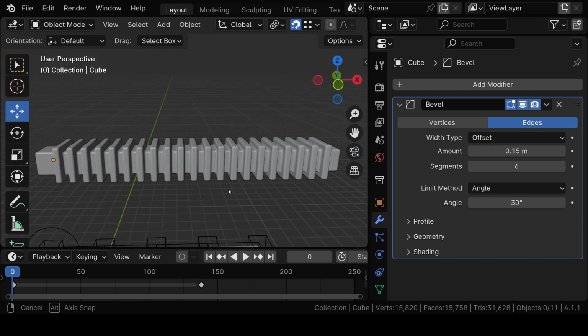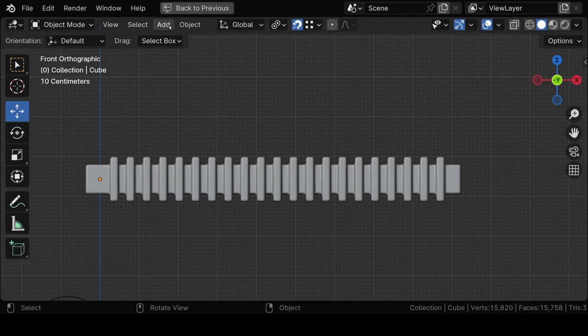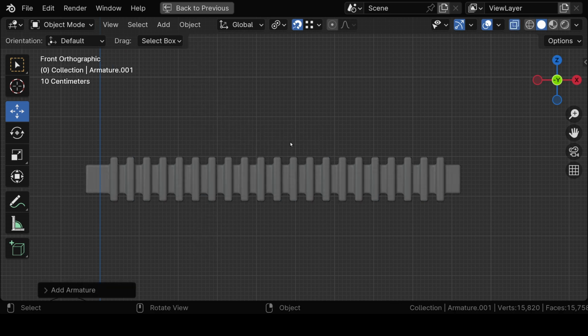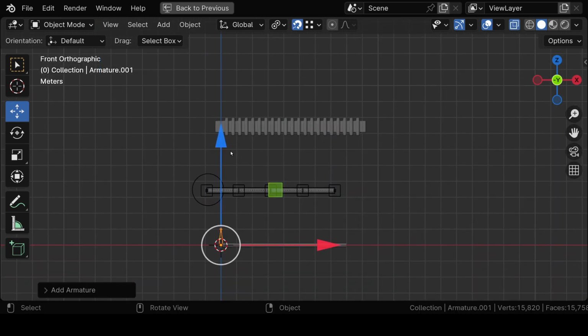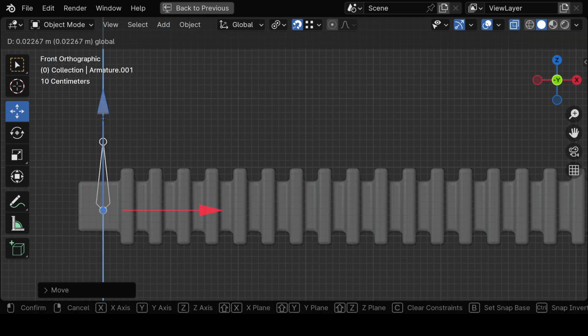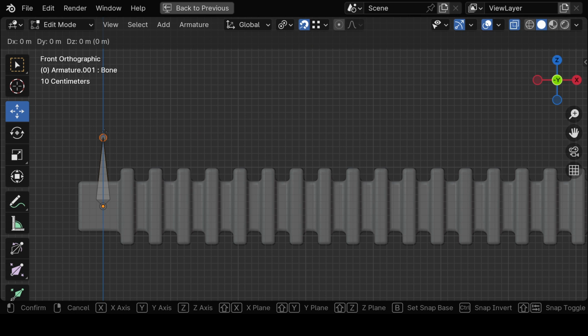Now let's bring a bone. I'm going to add armature, single bone. The bone is somewhere near the origin. I'll bring it near this object, place it at the center, and then go to edit mode, press G and